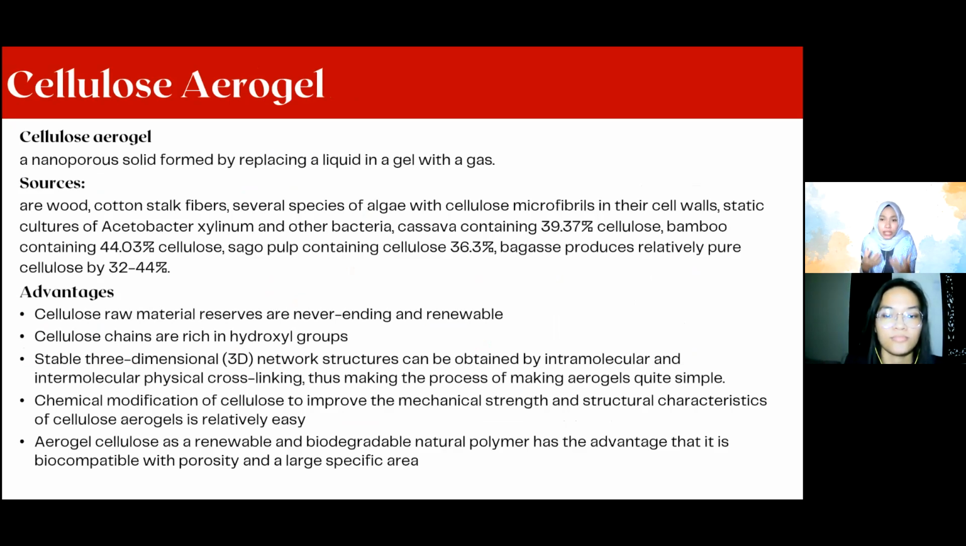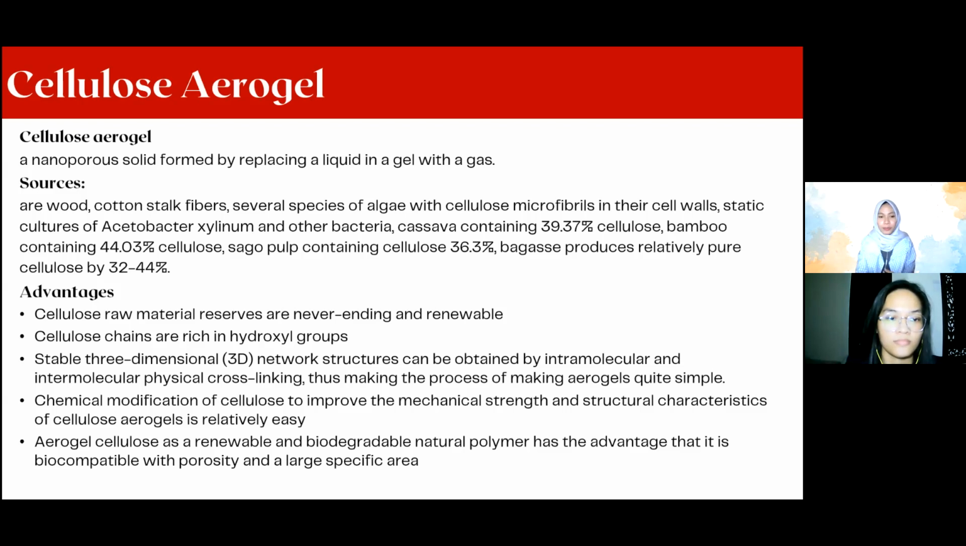The advantages of using cellulose for the manufacture of aerogel are, first, the resource of cellulose is renewable. Second, the cellulose chain is rich in hydroxyl groups. It means that no cross-linking agent is needed within the aerogel making process. Third, the stable three-dimensional network structure can be obtained by intramolecular and intermolecular physical cross-linking, thus making the aerogel manufacture process quite simple. Fourth, chemical modification to improve the mechanical strength and structural characteristics of cellulose aerogel is relatively easy